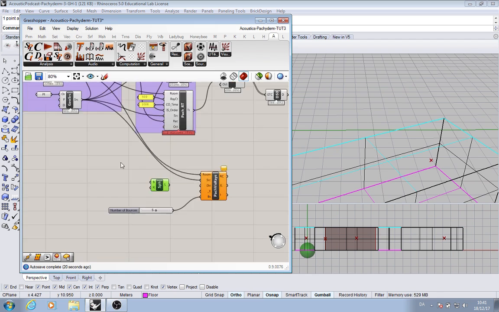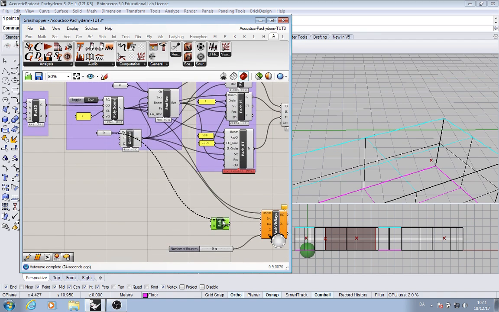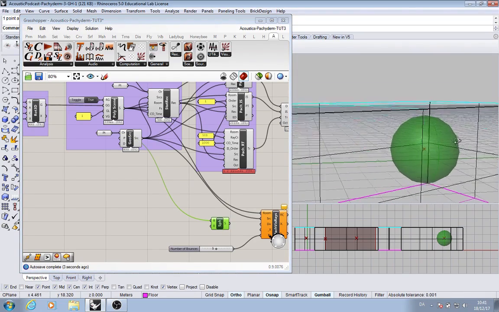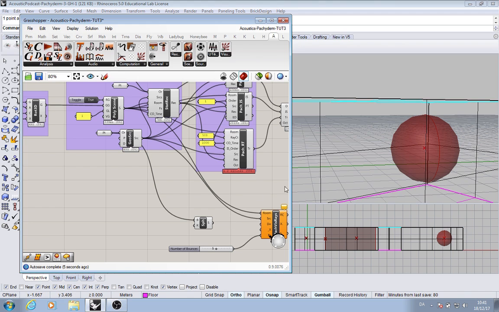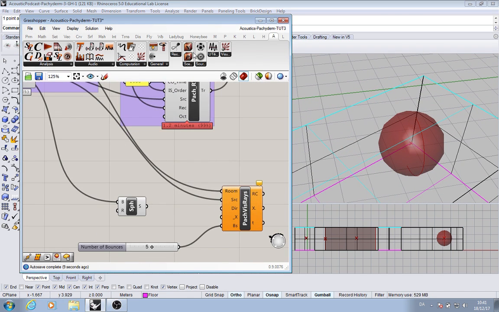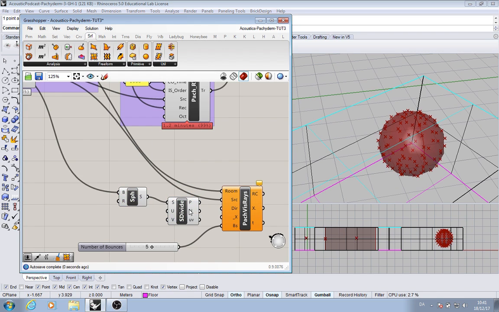What is the base? Well, we have that point from the source. We have that here. So now we have a point from which we can spread the sound. This can be done in different ways, I'm sure, but now I'm simply doing it through a sphere. If you then subdivide that surface, which is the sphere,